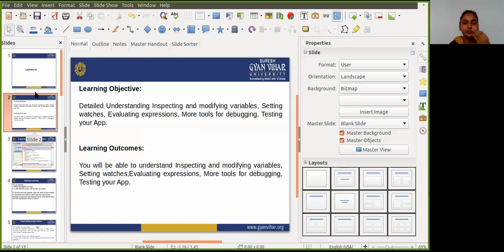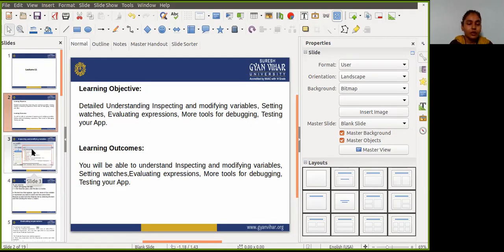Last lecture we studied debugging, the debugging tools, and how all the types of debugging are done on your code. So in today's lecture, we will understand how we inspect and modify variables, set watches, and evaluate expressions, and also more tools for debugging and testing your app.